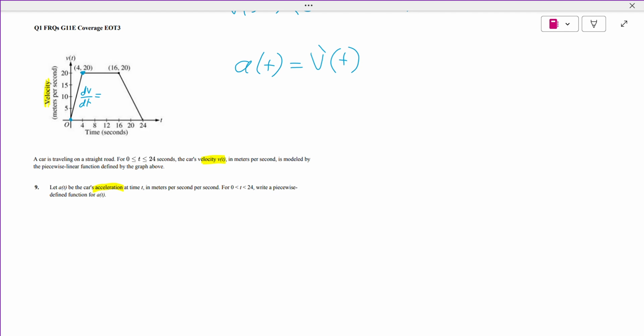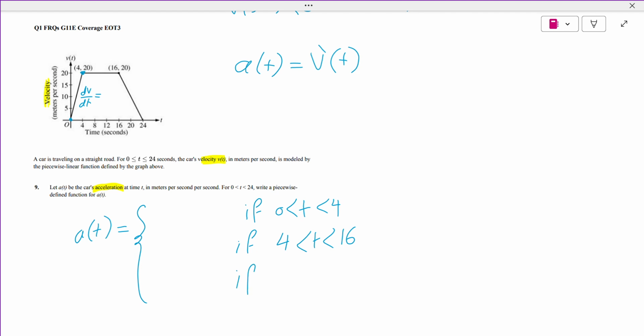So A of t will be 3 pieces. The first interval is between 0 and 4. We have another interval that runs from 4 to 16. And the last one runs from 16